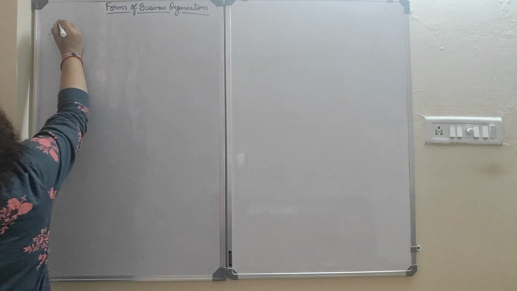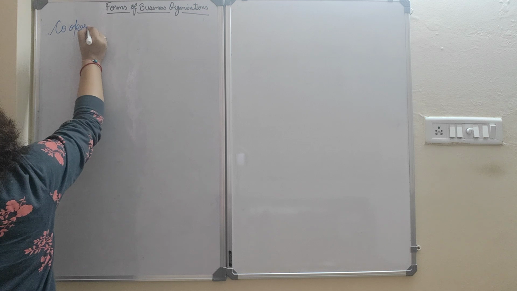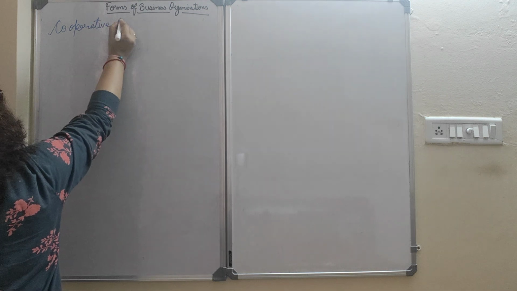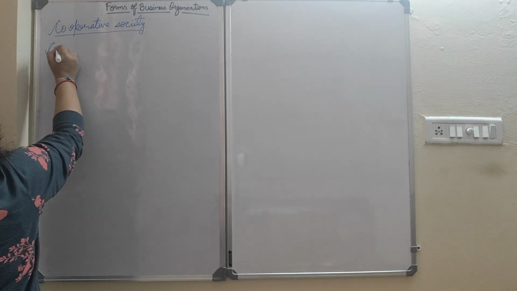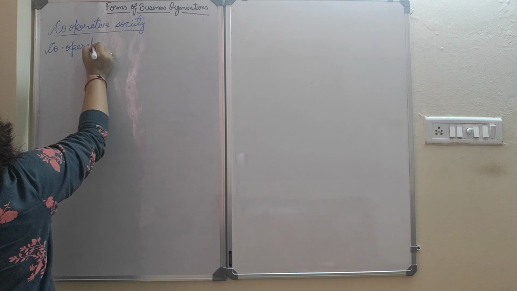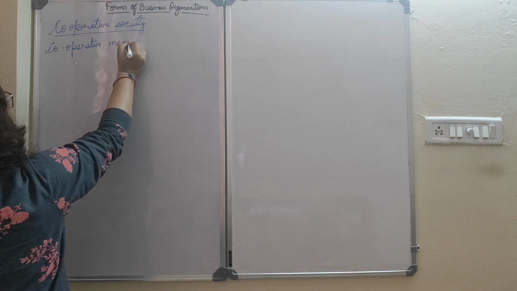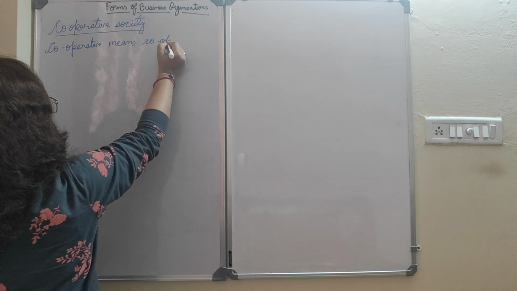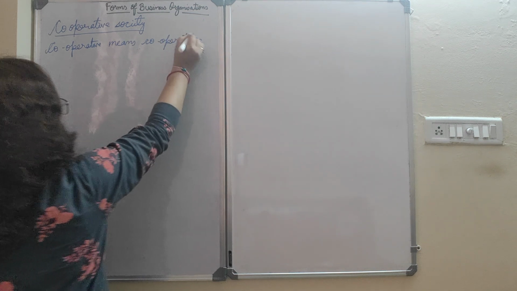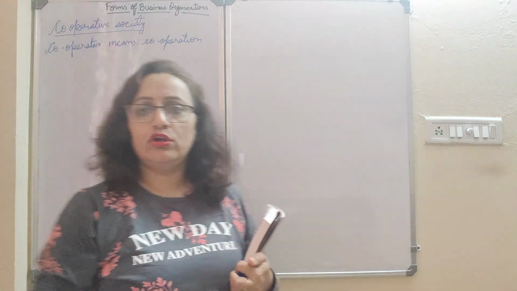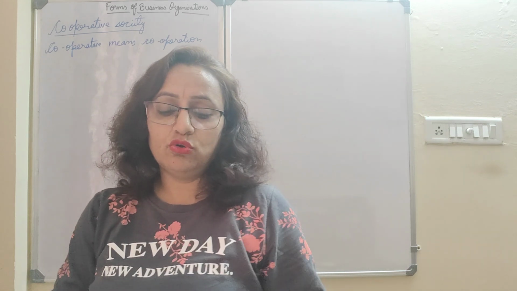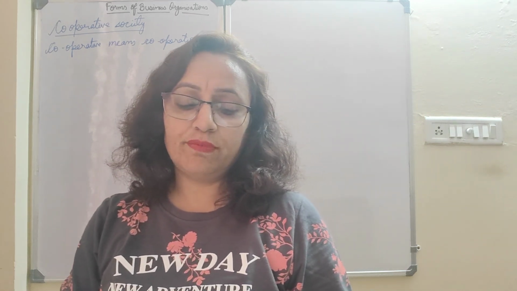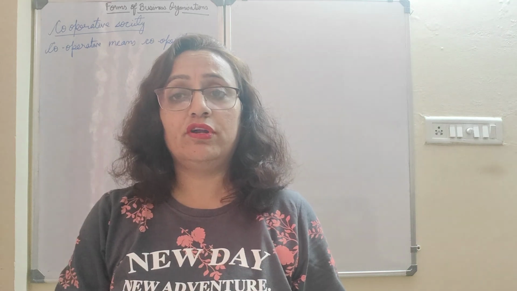So today we are going to see about cooperative society. Cooperative society, first of all let me make it clear to you. The word cooperative means cooperation, right? We all know that in a society we all live, whether we want or we don't want, we live in cooperation with each other. So in your book it is given, the cooperative society is a voluntary association of persons who join together with the motive of welfare of the members.